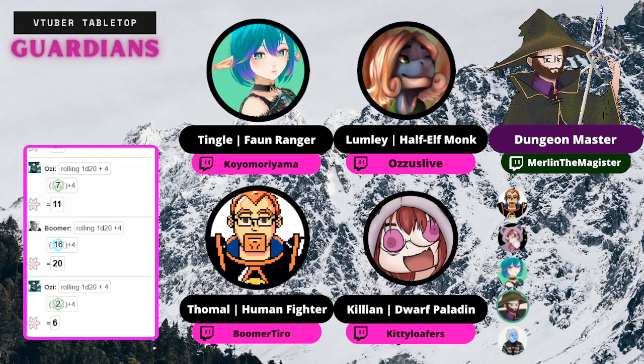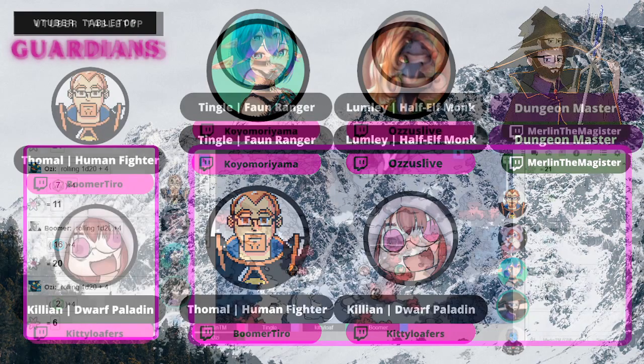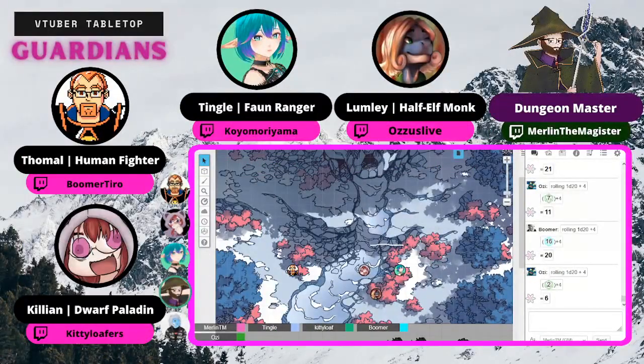Okay. I've sorted it out. Look, it's not pretty, but it works. There we are. Battle map. It's not ideal. It's not what I would usually like, but it'll do for now. I will need a token for the Drake as well.